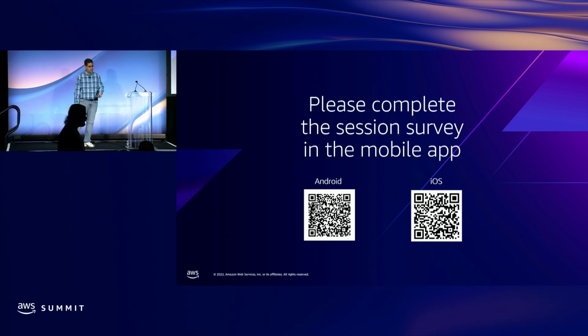Which of these new features are available on GovCloud? Sorry, say that again? Of the new features that you talked about right now. Yeah, so the encryption features are available. Recycle Bin and Snapshots Archive are not today. Are you asking about GovCloud specifically? I believe, how about this? Stop by afterwards and we can go through the list. The list has been changing, so I can give you more detail on what's the latest there.